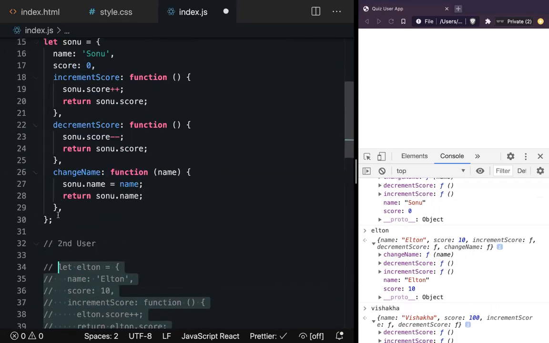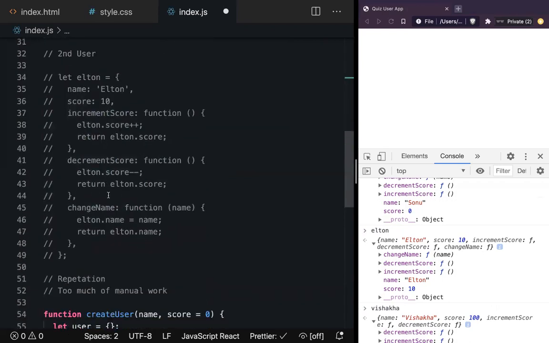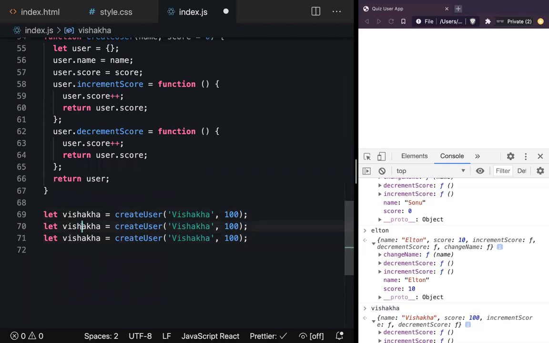But now every time we have to do all this important work, we'll not be doing it this way. Instead of that, we'll go ahead and comment out these things. So this became a previous code and we came on to this generation. So I'll go ahead, add to user. I'll say Sonu, and we'll update it to whatever value it was, 0. And then we have Elton, and the score is going to be 10.